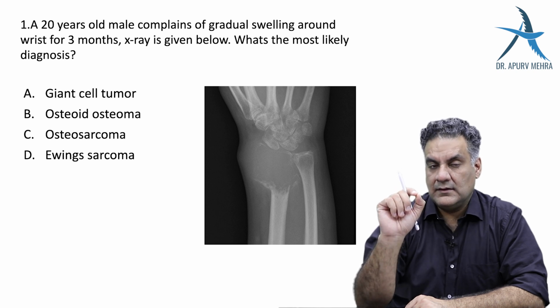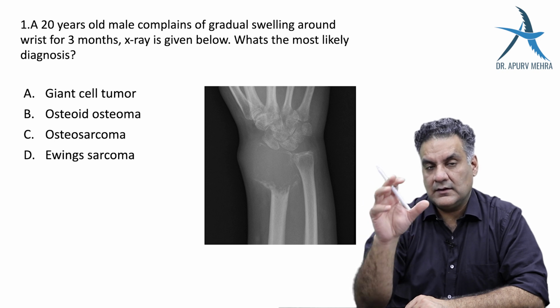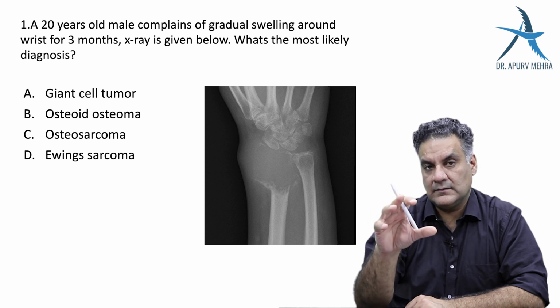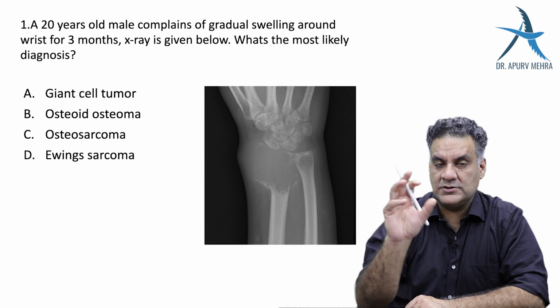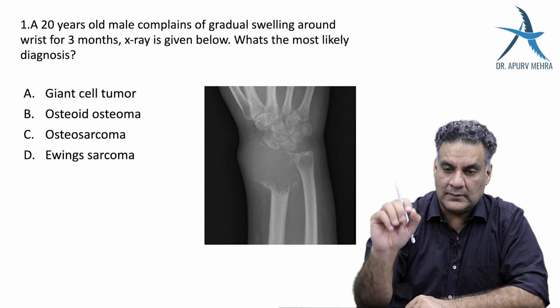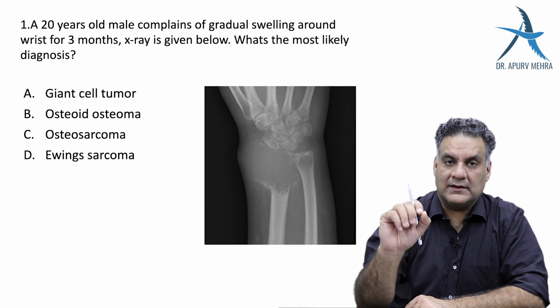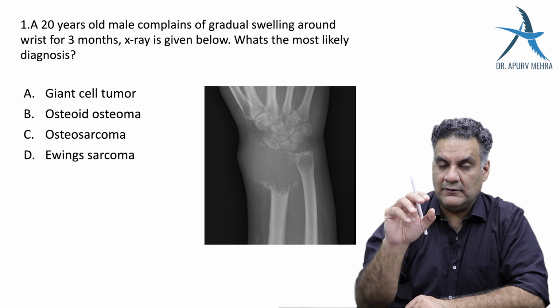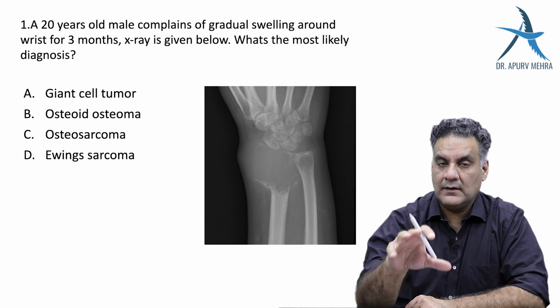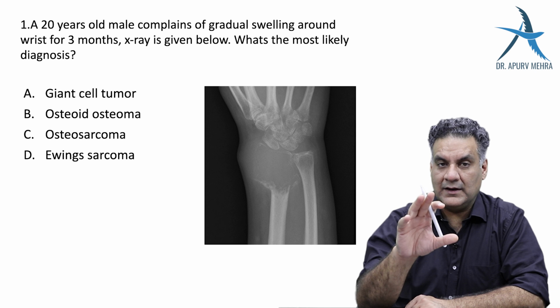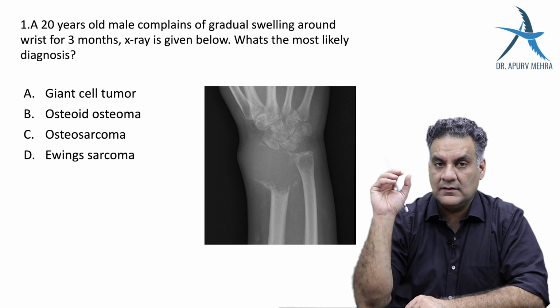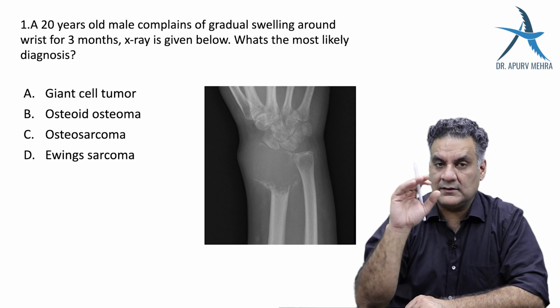This is subchondral. So I used to remember it like this: the giant will go till the joint. Normally tumors respect the cartilage, they respect the joint. Infections eat both. But the only tumor that goes till the joint is the giant. So you will have a lesion which is just beneath the joint line,